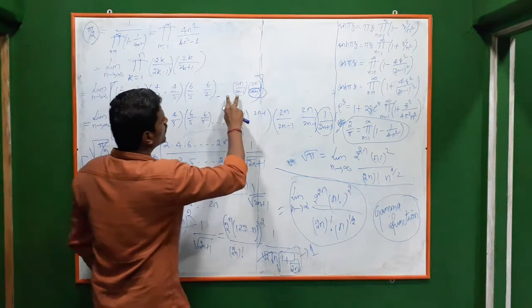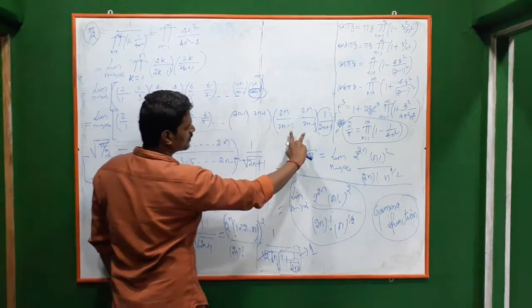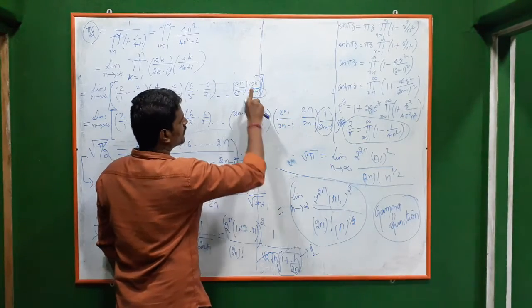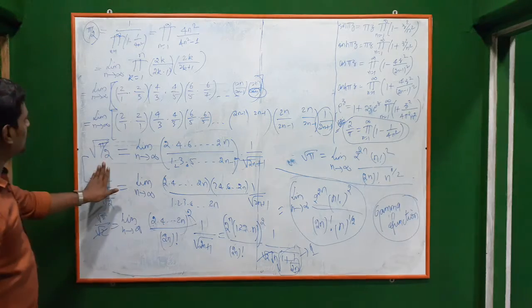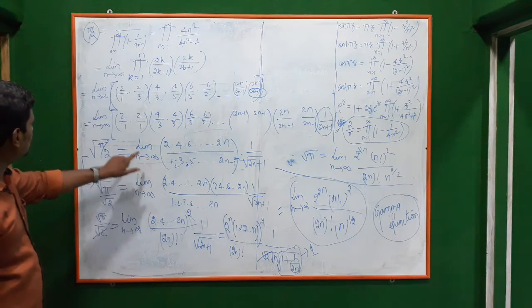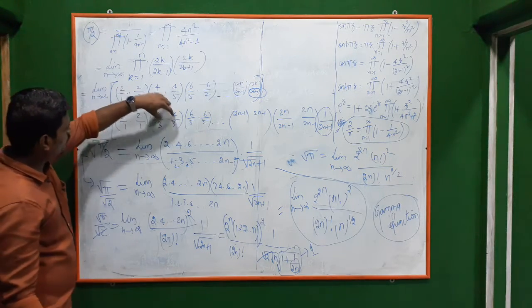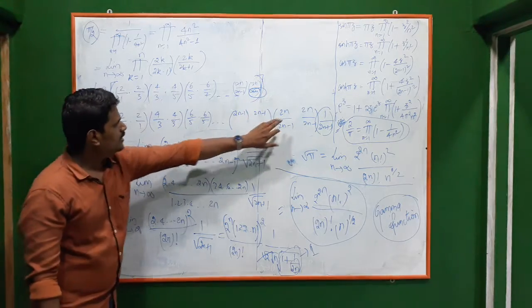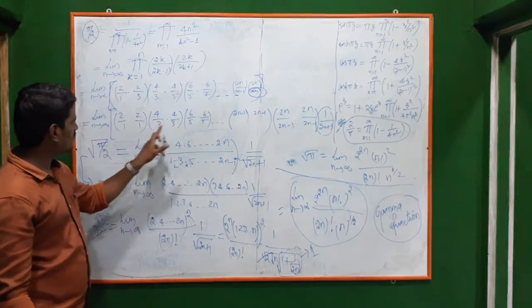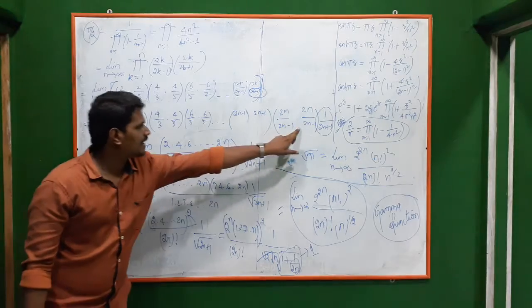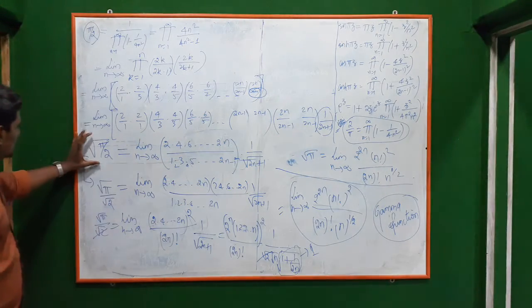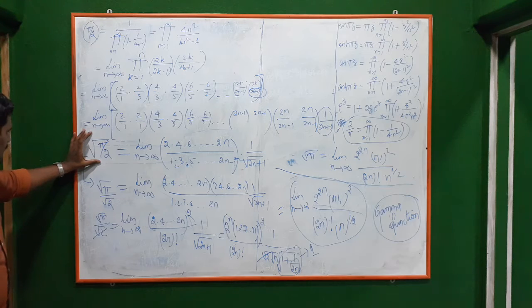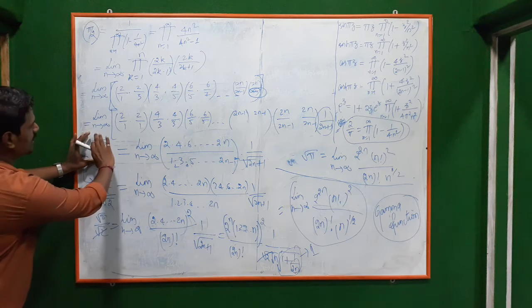Here also 2n minus 1, 2n minus 1 will be there at the 2nth place, and 2n plus 1 will be separated there. Okay. Now take the square root of that. Then limit n goes to infinity. This 2 will be 2, this 4 will be 4, 6, and so on up to 2n. And here also 1, 3, 5, and so on up to 2n minus 1 into 1 by 2n plus 1. So square root of that. Okay. So this is square root of pi by 2. But what we need, and this is one part.